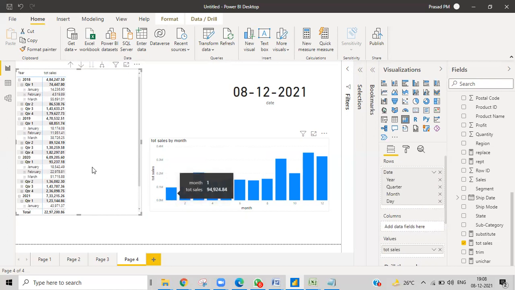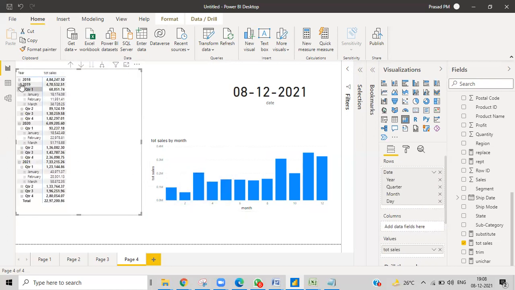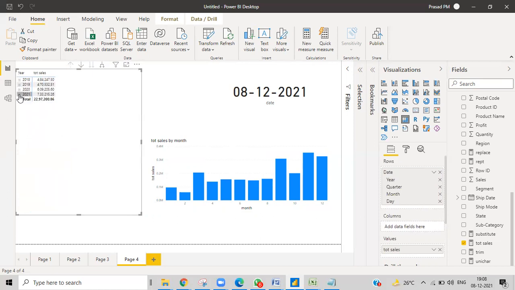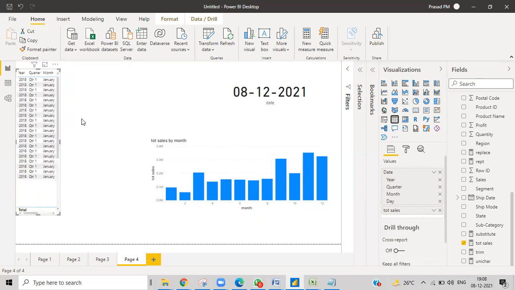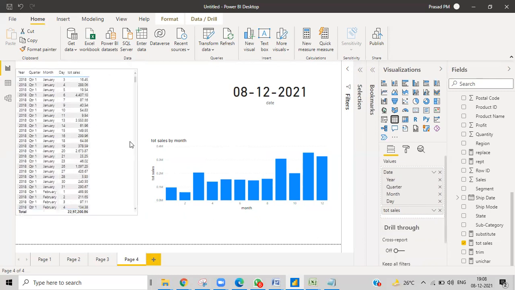Okay. So metrics will obviously show the data in a hierarchical way. If you want to minimize that, everything will be minimized. Very simple thing. If you show that in a day, in a date, that will be very clumsy. I'll show you that. Okay, in a table format, if you want, you can see this. Very clumsy.